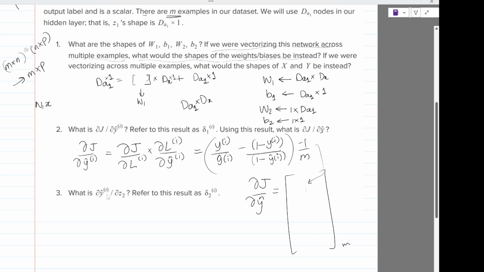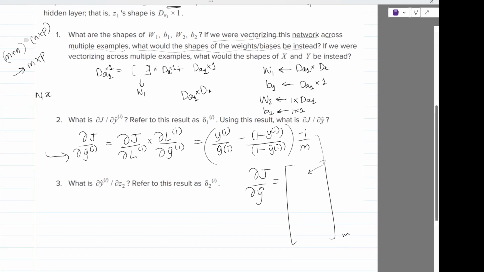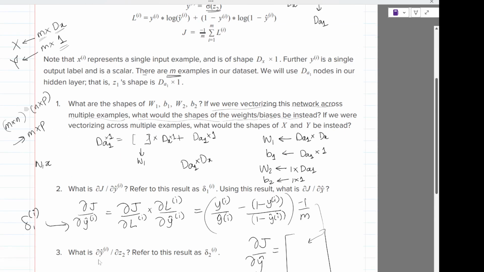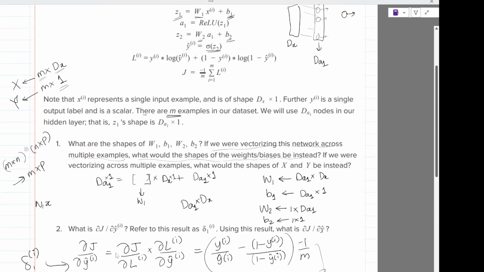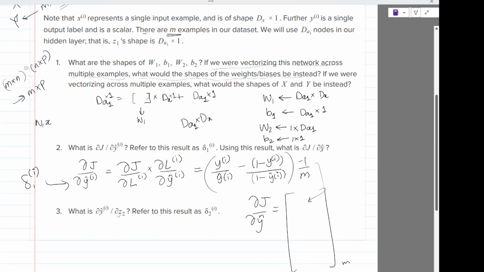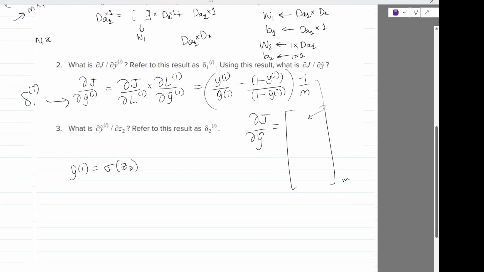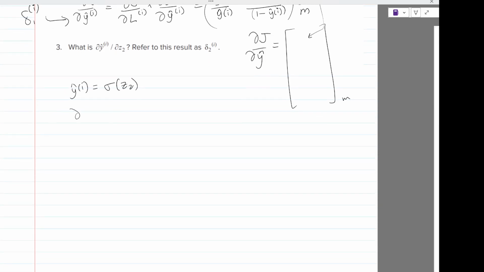They want to call it as delta 1 i. Del y hat i is this del z2. So y hat i is sigma of z2. So del y hat i by del z2 will be sigma of z2 into 1 minus sigma of z2,